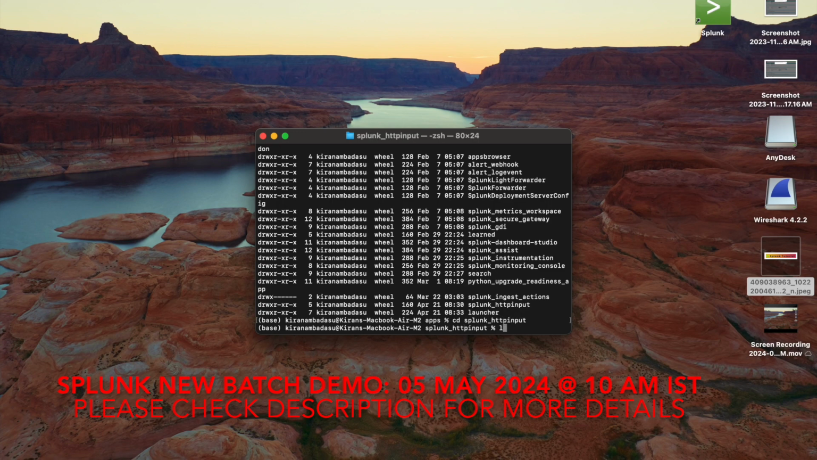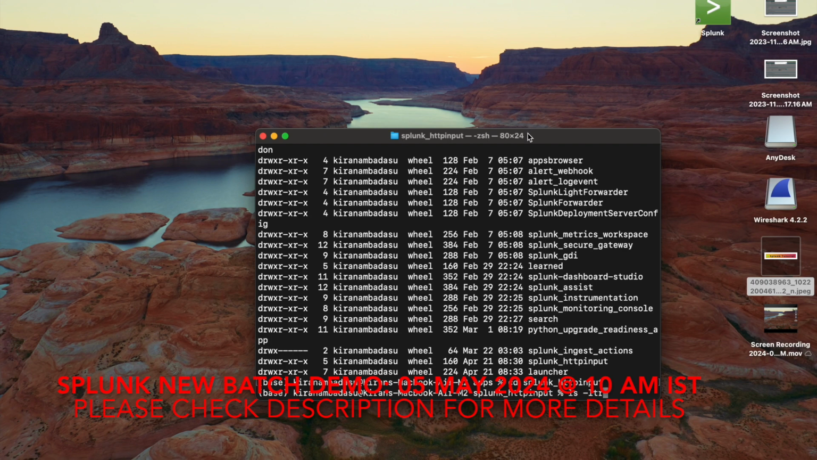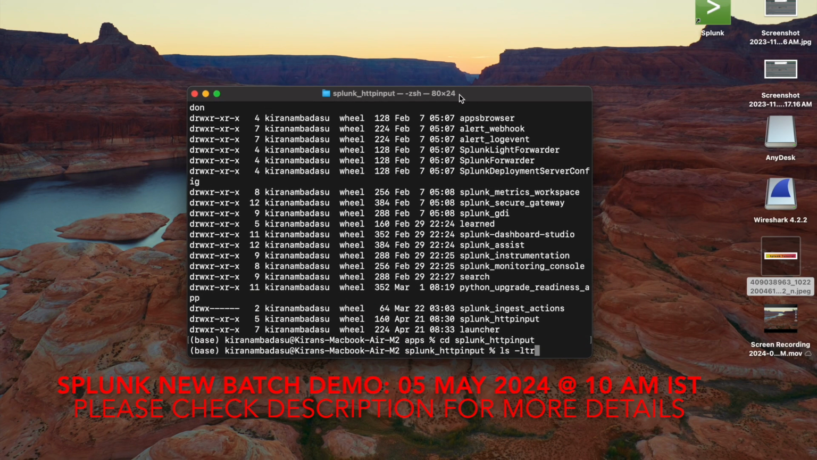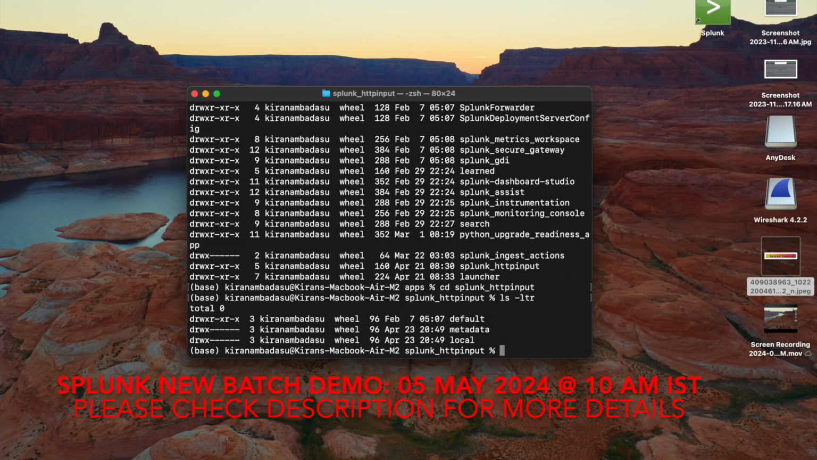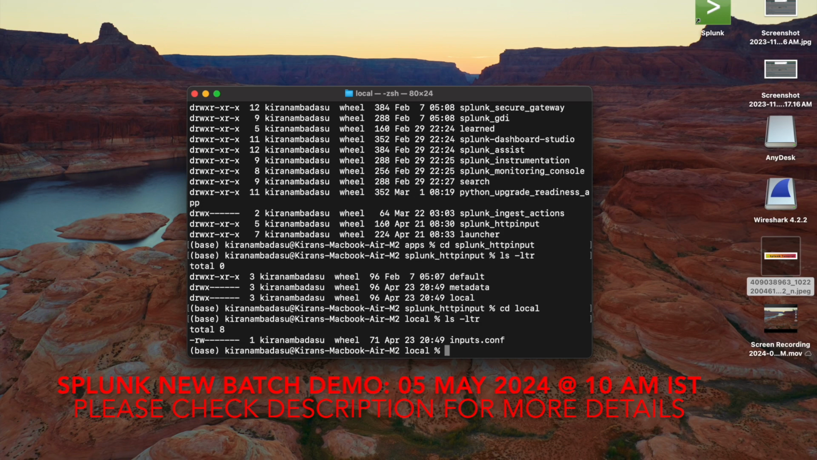and if I do ls -ltr over here, let me expand this one, let me make it somewhat big, I'll be having a local folder, and if I go to the local folder again and do ls -ltr, I'll be having the inputs.conf configuration file. So now if you check the contents of this particular file by specifying cat inputs.conf,